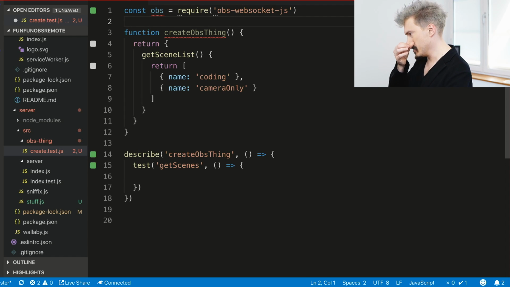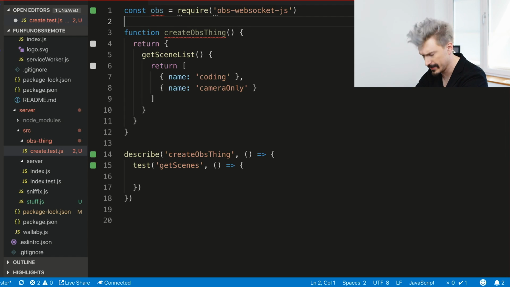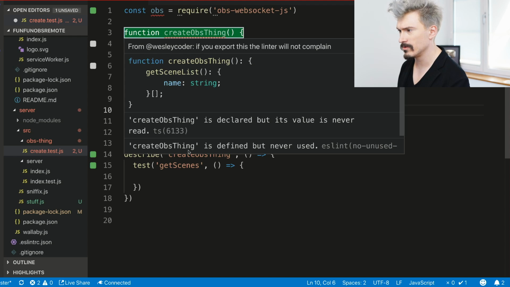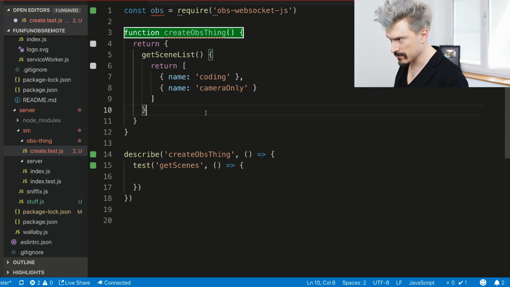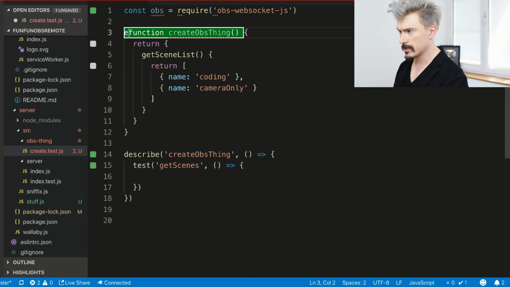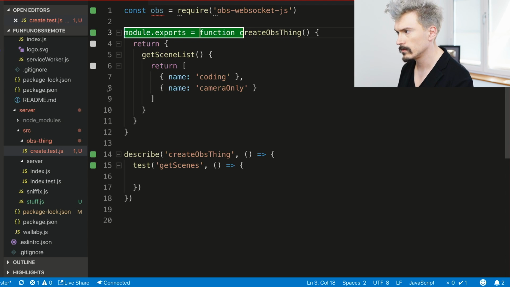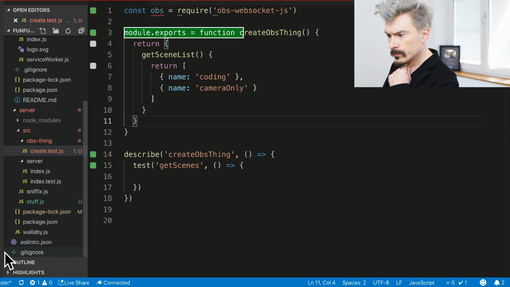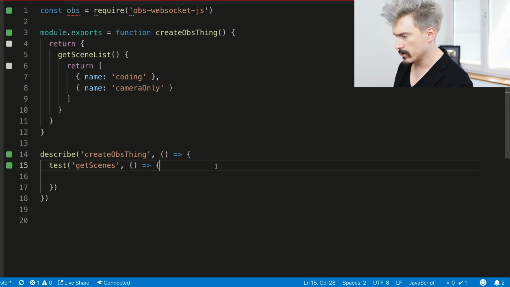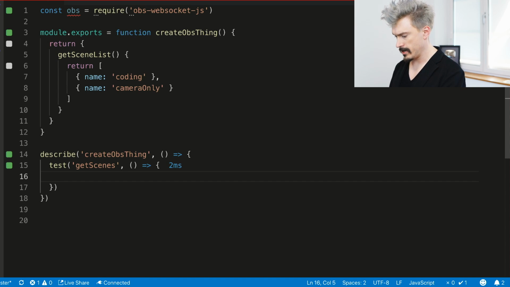Yeah, I'm using node requires here because the last time I tried requires, it didn't work out too well. Like I'm not yet happy about the MJS. Oh, if you export this, the linter will not complain. Thank you, Wesley Coder. Export. Oh, come on. I'm just gonna do exports. Oops. Yeah. Thanks. What we're gonna do is that we're gonna do a const thing, and